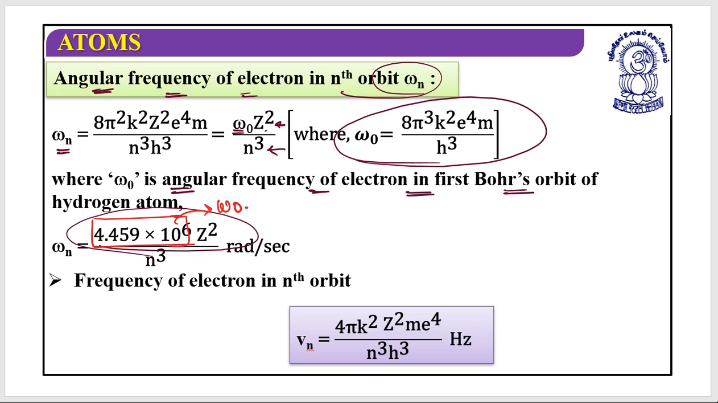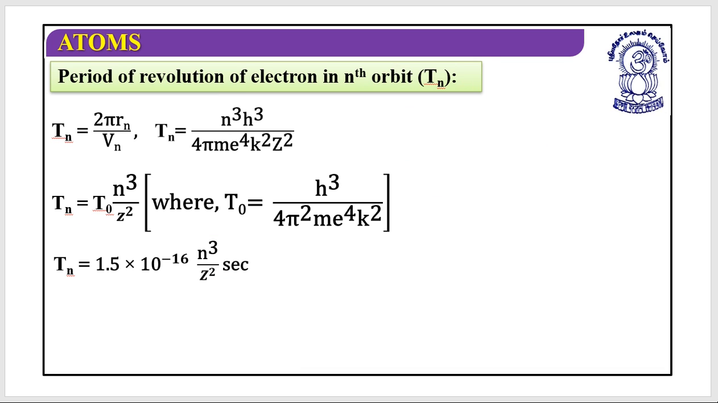Is it clear? From this omega you can also get the frequency, from omega equals 2 pi f. Yes. So this is the situation. Next,